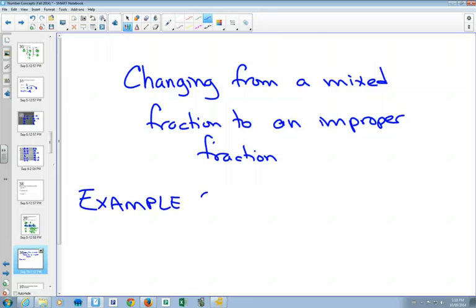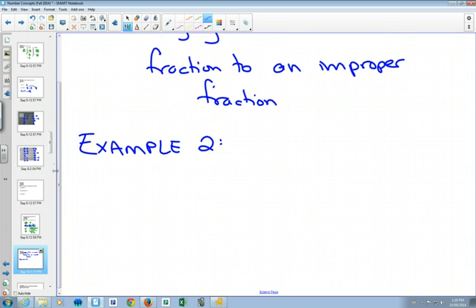So here's our second example. You can write this one in your notes as well. Changing from a mixed fraction to an improper fraction. This is our second example. We have one on there already. Three and 4/5. Now last time we wrote down the instructions and the steps that we used: we took